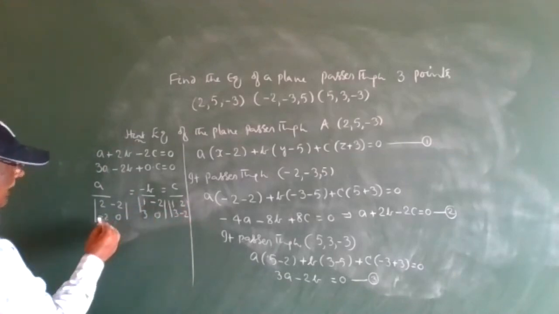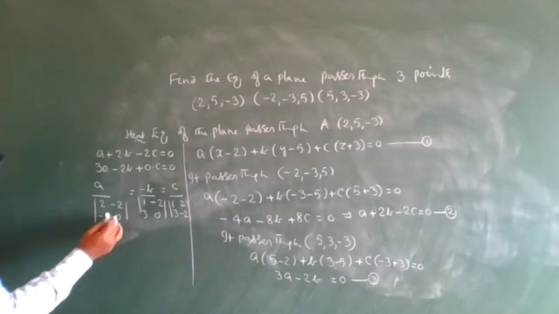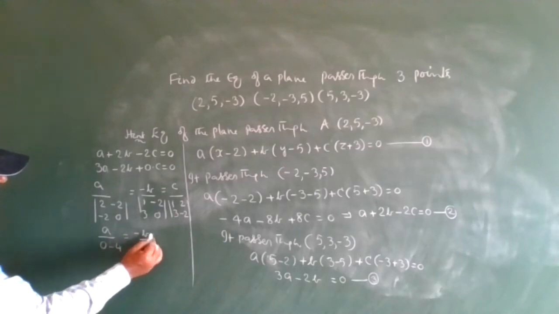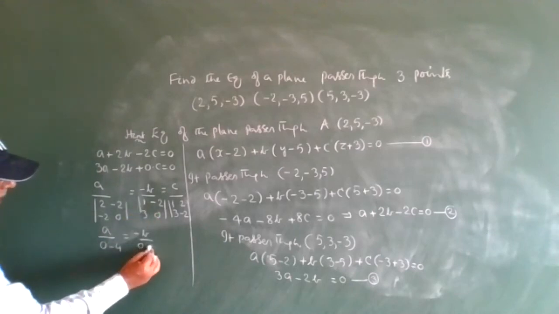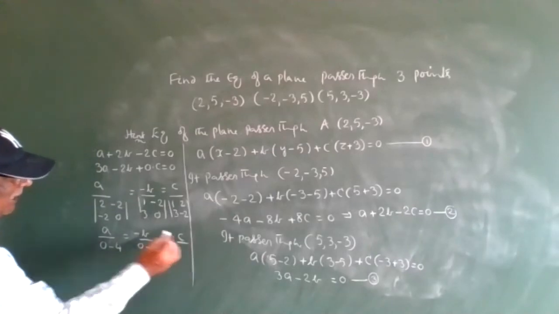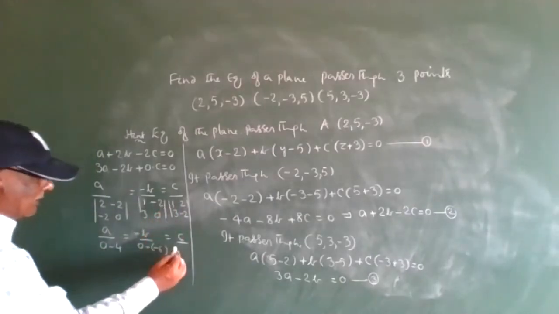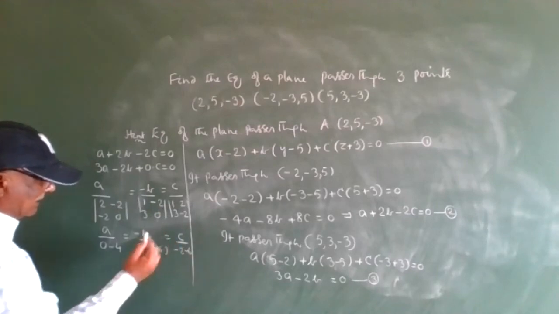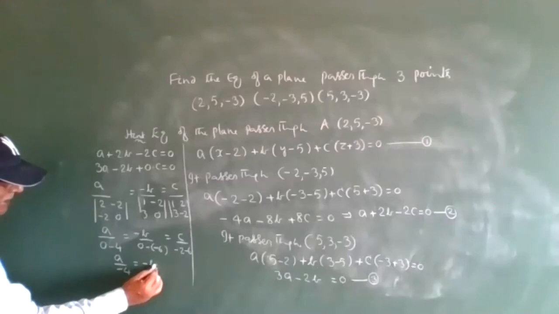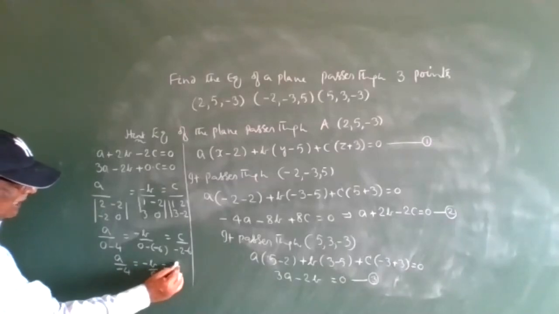Now write down a by 0 minus 4, 0 minus of plus 4, right? Minus b by 0 minus of minus 6, plus c by minus 2 minus 6. So a by minus 4, minus b by 6, and c by